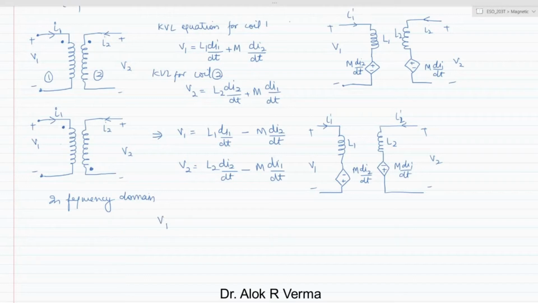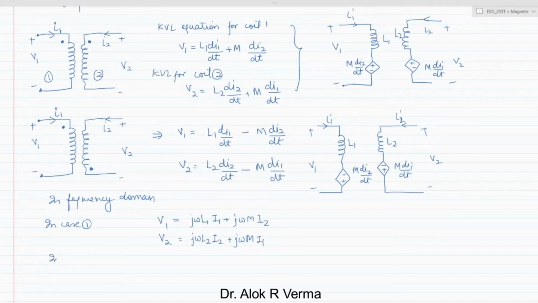So V1, in case 1, in the frequency domain will be j omega L1 I1 plus j omega M I2, and V2 will be j omega L2 I2 plus j omega M I1,